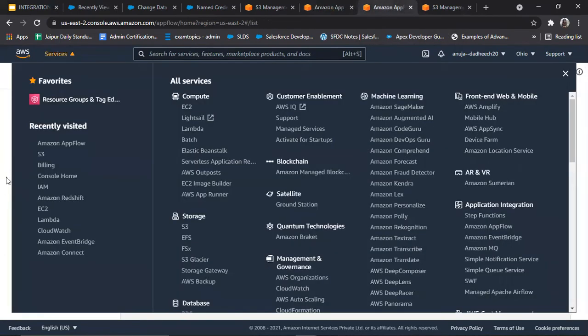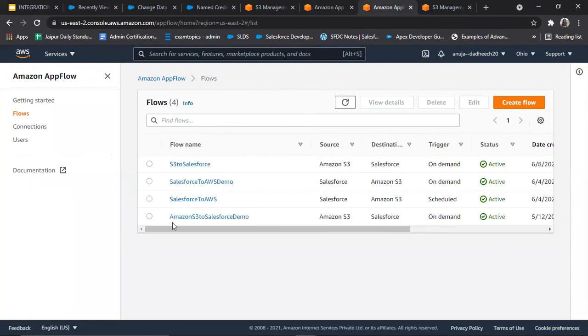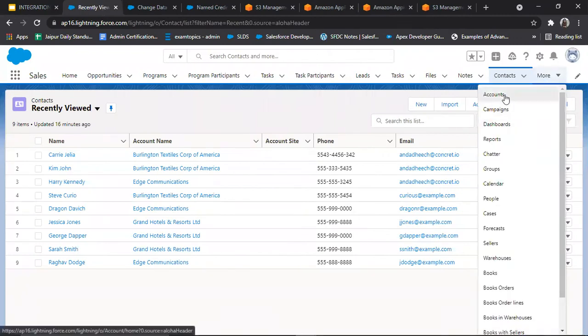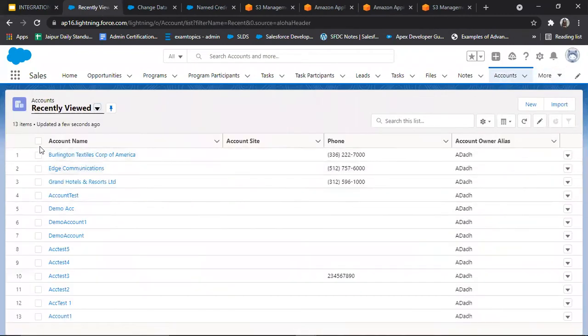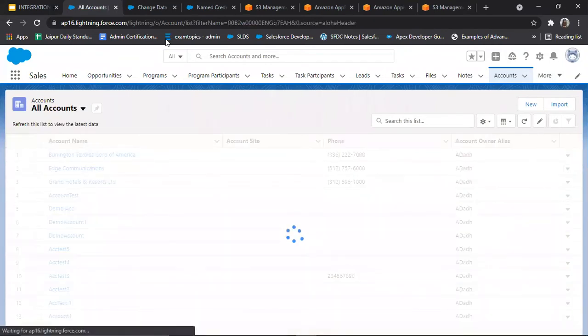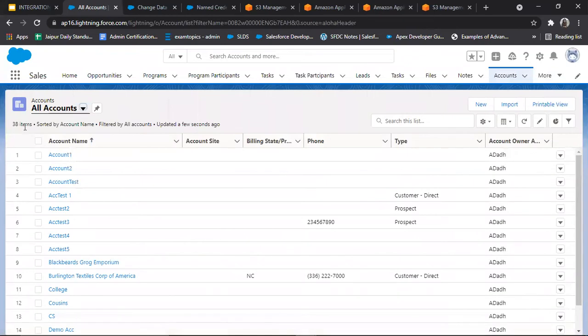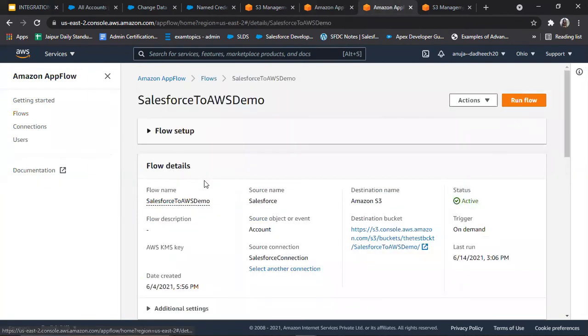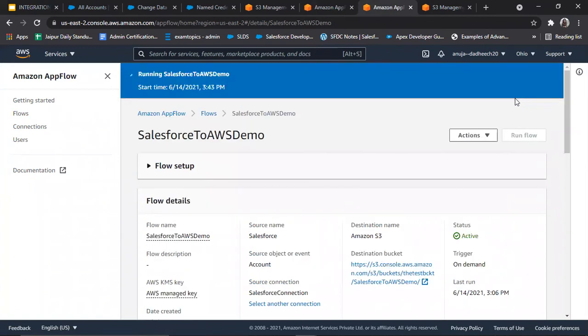I have already created some of the flows for the demo. Salesforce to AWS is the on-demand one. If we go to the accounts of our org, we can see that we have 38 items in total. So when we run the Salesforce to AWS flow and hit the Run Flow button, it will take just a few seconds